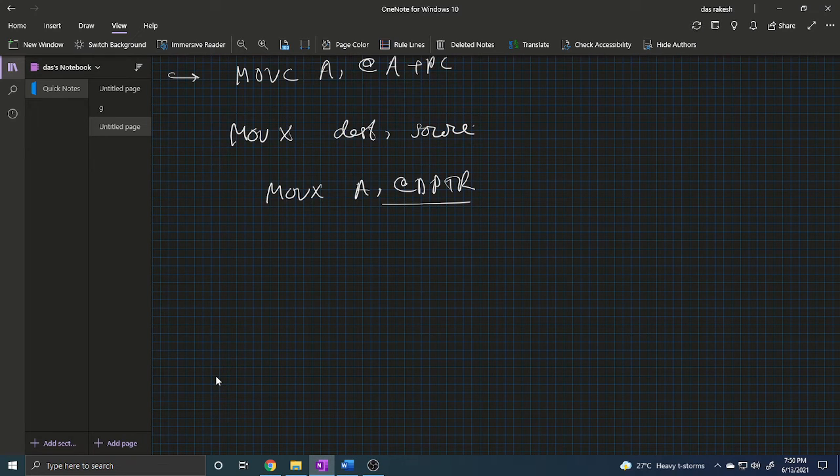Okay, so next is just the reverse operation, MOVX @DPTR, A. This moves the content of the accumulator to the external memory location whose address is held by DPTR. Okay, next one is MOVX